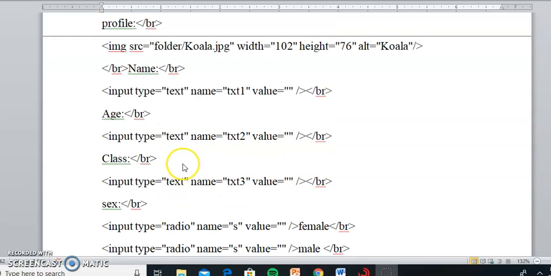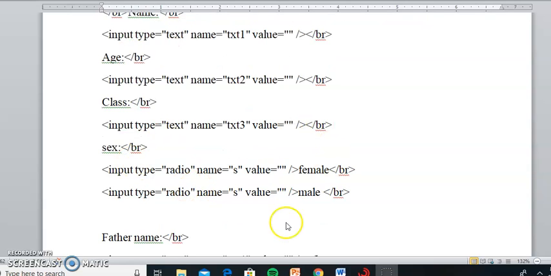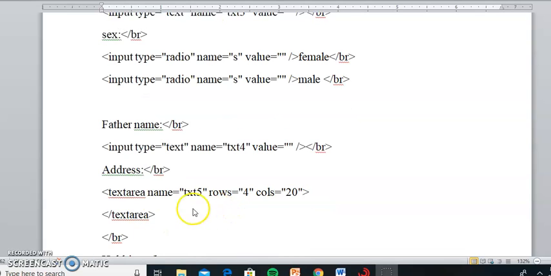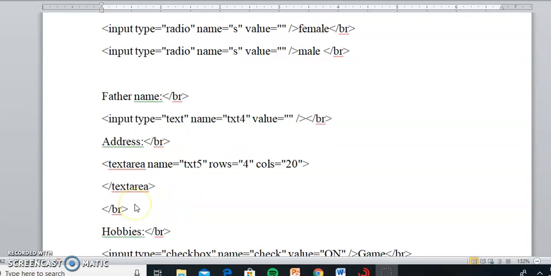Here we are giving name in that input box, and then age, class, and gender. For gender we specify radio buttons, input type equal to radio. This is all HTML. Then father's name is a text box, and here you specify the address. Address means text area. Address will be a lengthy field, so you specify rows and columns of any number, and inside the text area you type the address.